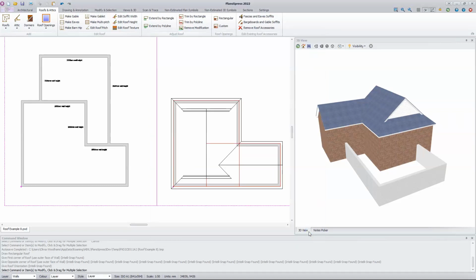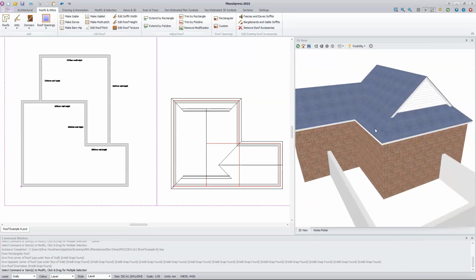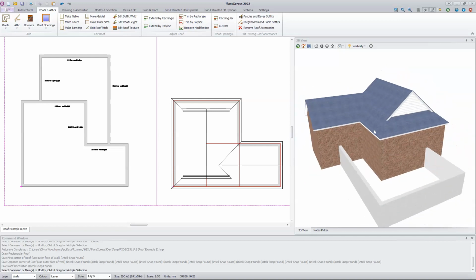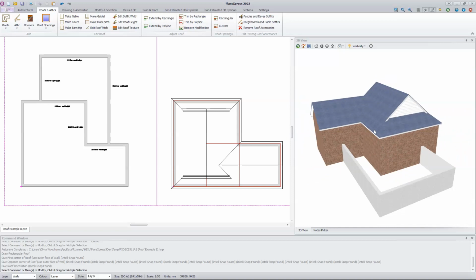If we look at the 3D view, we can see that PlansXpress has teed those sections of roof in neatly. As before, we can use the edit tools to make any tweaks to the roof that are required. Now let's move on to drawing the hipped roof on the single-storey walls. I can draw this using the rectangular method, even though it's not rectangular. I'm going to draw a rectangle of hipped roof which covers the extents of the single-storey walls. The rectangle will overlap the two-storey walls here in the plan. However, PlansXpress will automatically take account of the upper walls and the roof which we've already drawn to create an